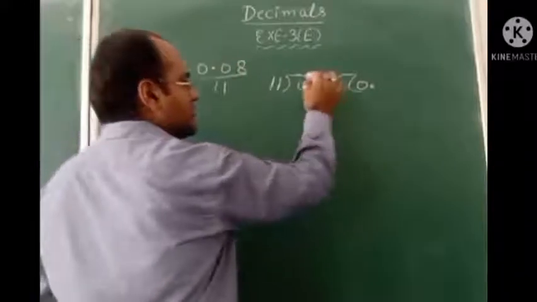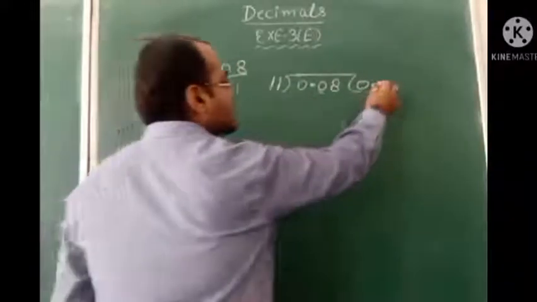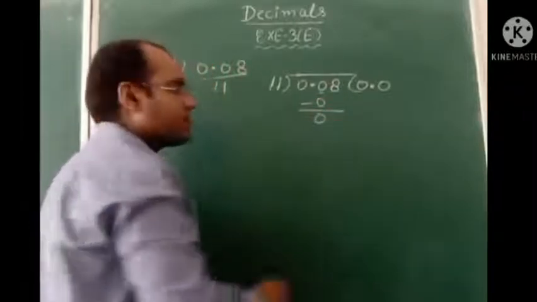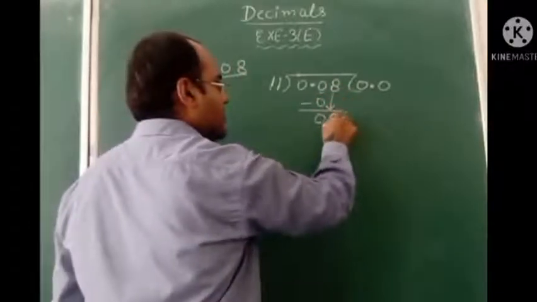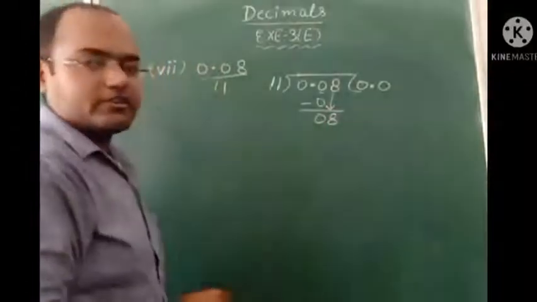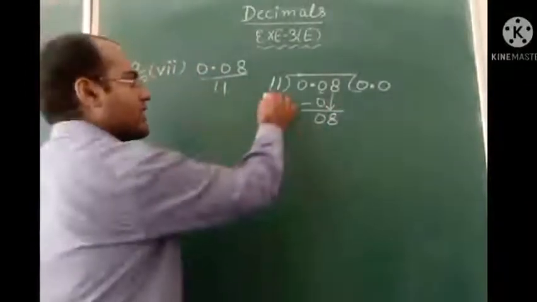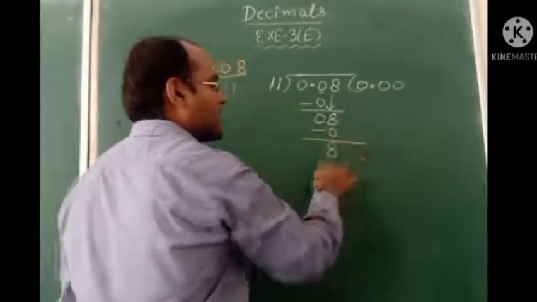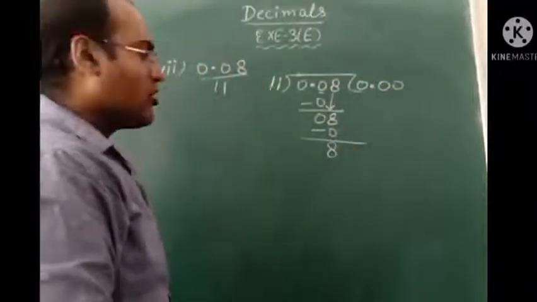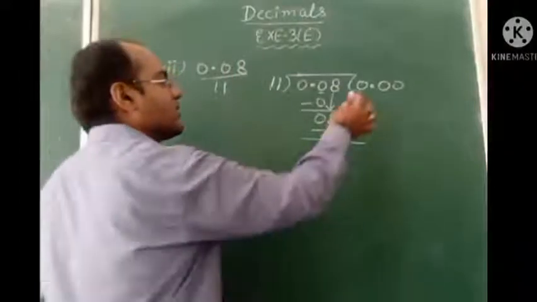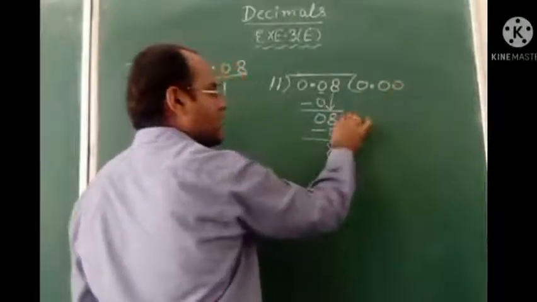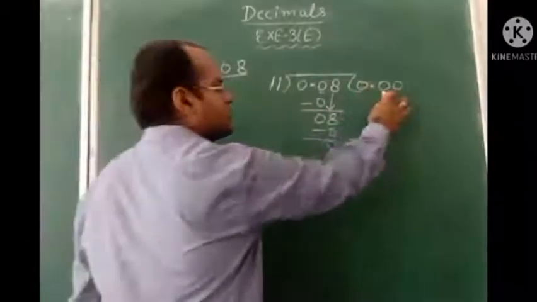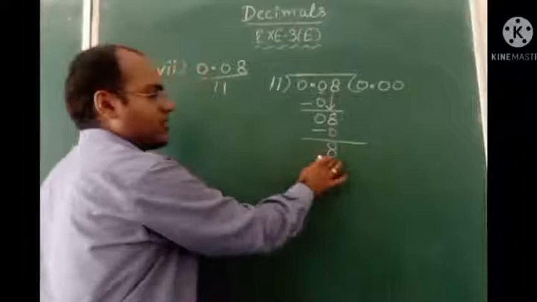Now this is the first number. First number is 0. 11 0s are 0. On subtracting it, remainder is 0. 8 we will bring down. 8 is not divisible by 11. So what we will do? We will take 11 0s are 0. On subtracting it, remainder is 8. Or you can do one more thing. This 0 you can add here, and directly you can take here 10. That also you can do. Or 11 0s are 0 we can do. Then we will get remainder 8.